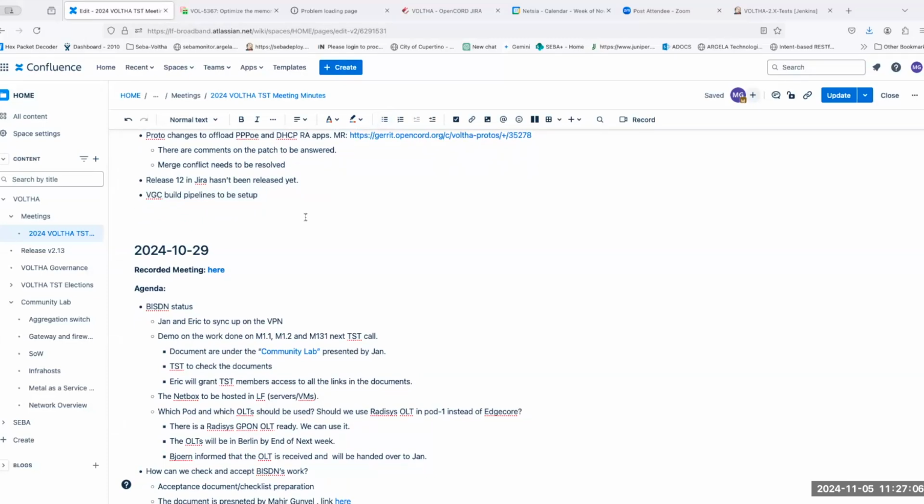These are all preparatory items so that we can at least plan to release VGC with the DT workflow in 2.13. For this, Eric, I would need your help to set up the build pipelines for VGC. I can give you the repo and all the details. Okay. Yep, thank you. Okay, you're taking this offline then? Yes, I'll sync up with Eric offline.